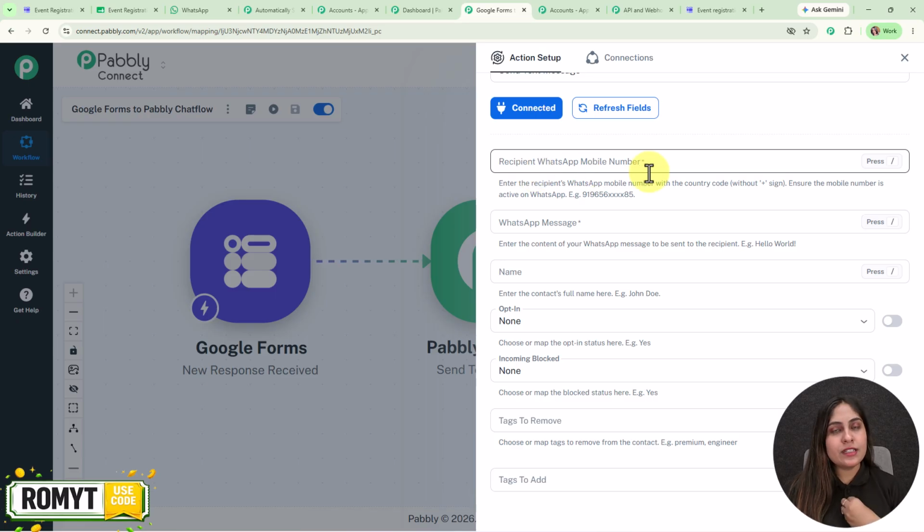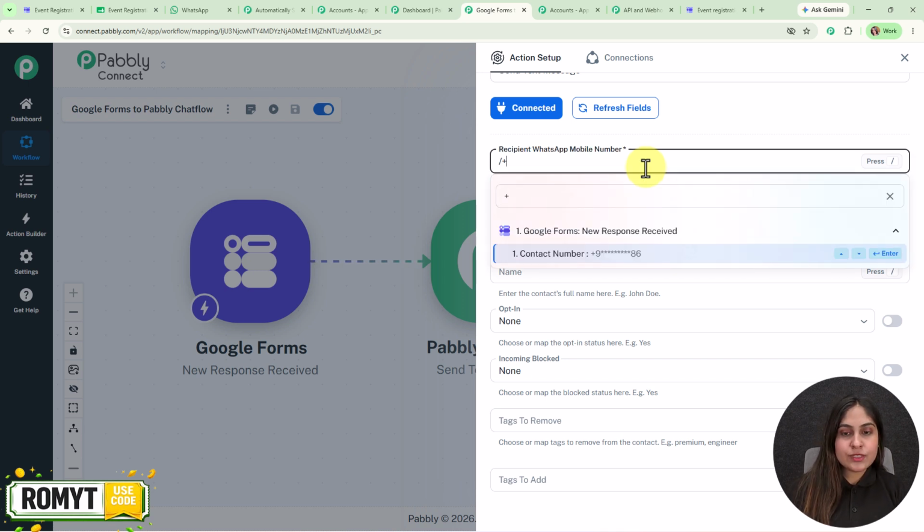Here I need to enter the number to whom I want to send this WhatsApp message. Instead of entering it manually, here I'm going to map the data. Mapping data means inserting data from the previous step. That means here I'm going to map the data from the response received in my trigger step or my previous action steps. Mapping makes the text dynamic, so that when we receive a new form submission through our Google Forms, instantly this previously existing detail will be updated with the new one. So to map the data, we are going to enter a slash first,